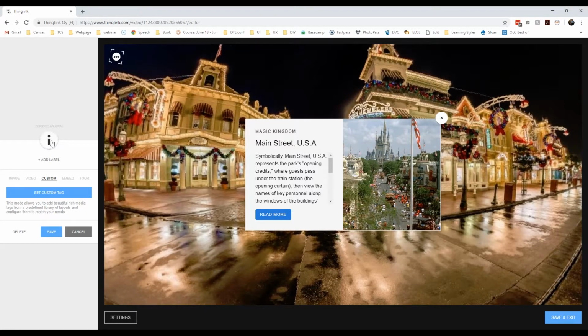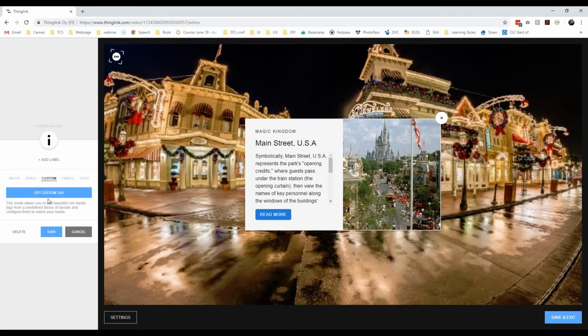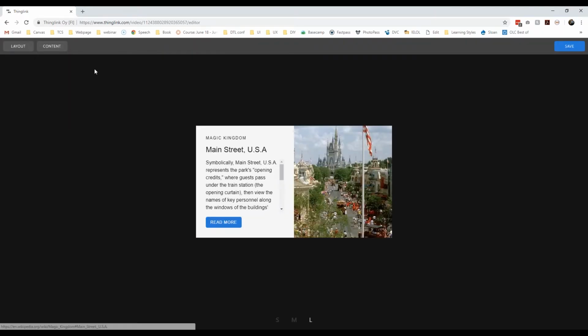the settings for that. And I can choose a different icon for that tag. I can put a label on the tag. Your tag can be an image tag, a video tag, a tour tag, which means it connects to a different Thinglink, so you can connect them and go on a tour. I'm going to click on this custom tag so that I can show you